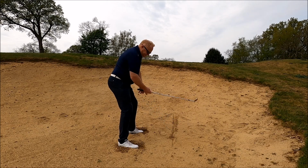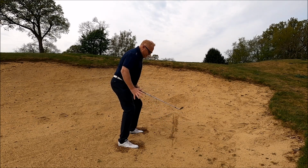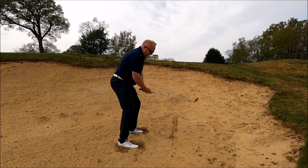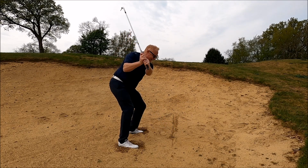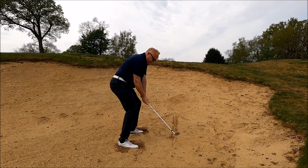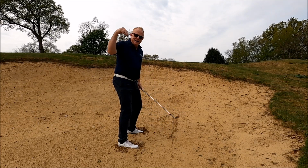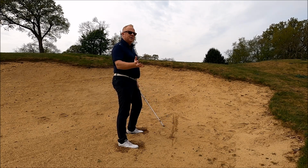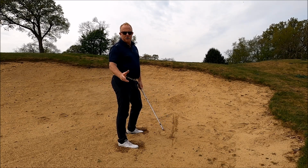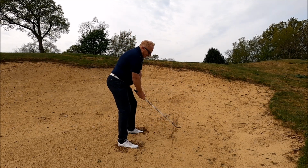Remember, I've wiggled in, not so much open, haven't changed the position of the club face much. I'm set up, my weight is a little bit on my left side. I've made that steep swing back, and now the journey of the club is back down, so it's going in a downward action, hits the sand, and the sand takes the ball out, or the ball comes out on a cushion of sand. Let's have a go. Hover high,